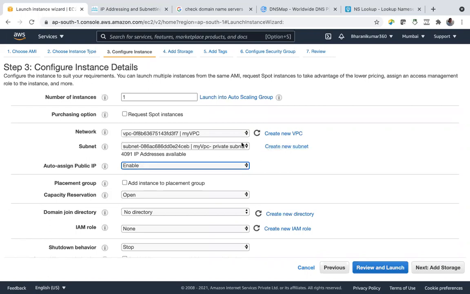This is my private subnet. If you edit your subnet and attach it to the public route table, then having an IP address might be helpful. Otherwise, if you want to keep your EC2 instance private, don't assign a public IP. We are not assigning. Disable it.